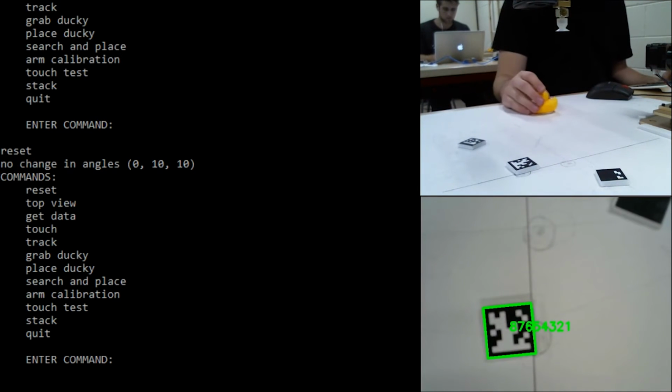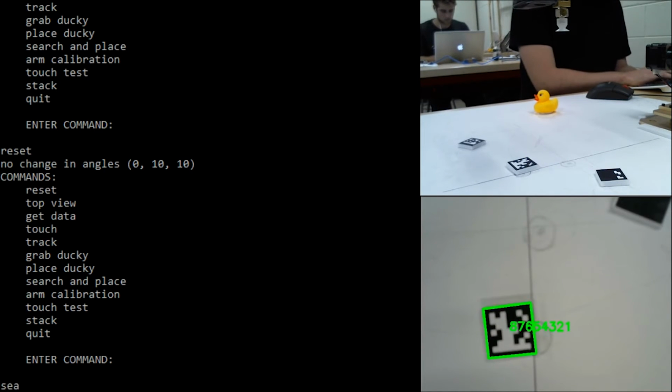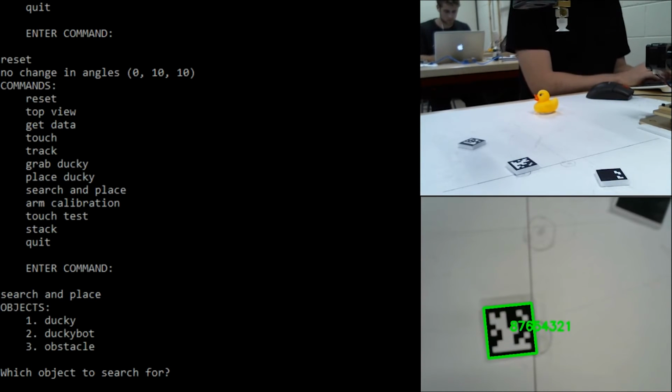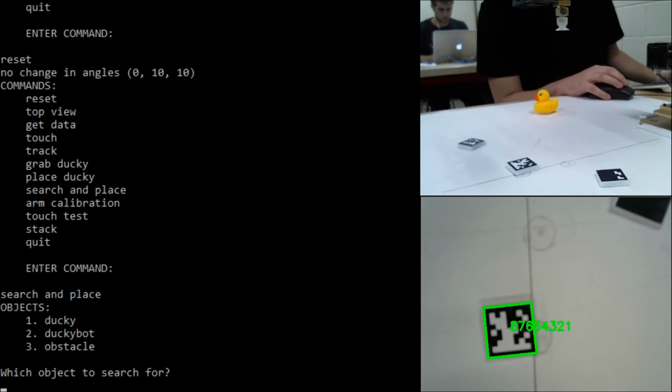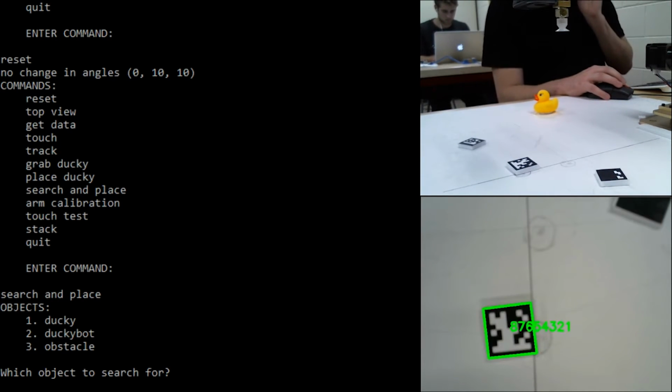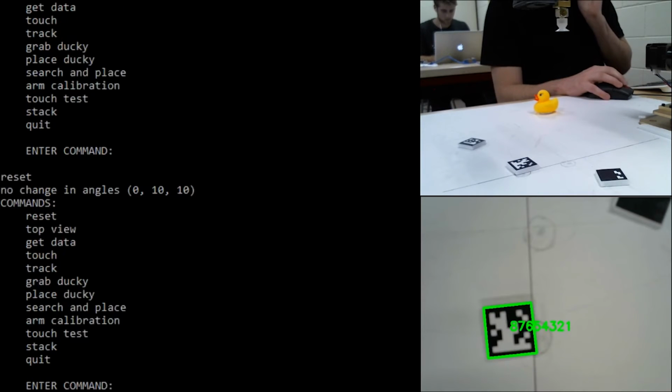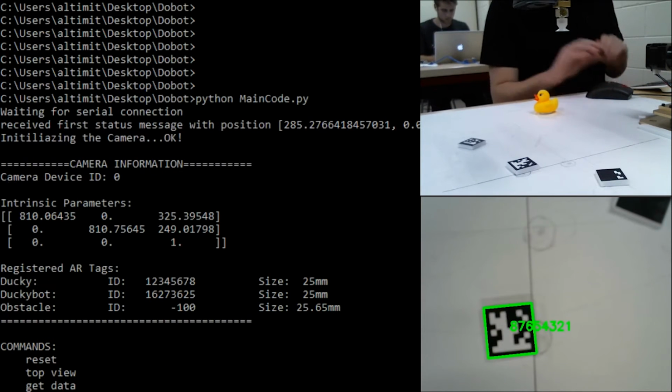Right onto the tag, nice. I'll put it back. And now let's do something a bit more complicated, search and place. And we get a choice of which object to place the ducky on. So to do that, I actually have to look up, when I initialized this camera,